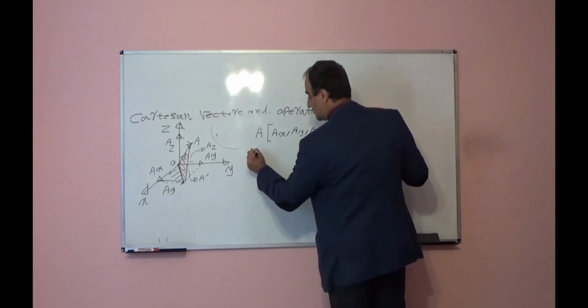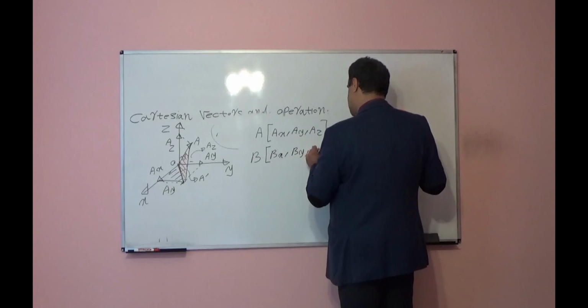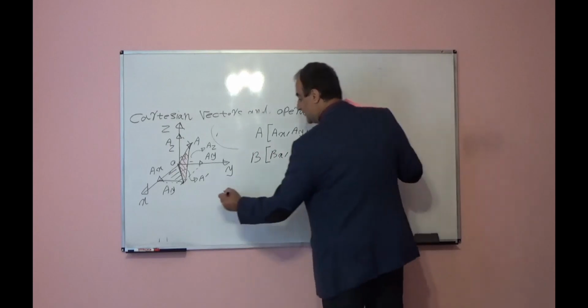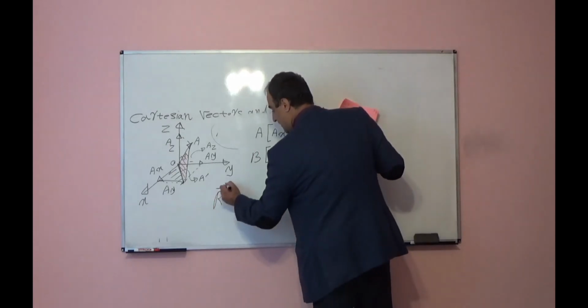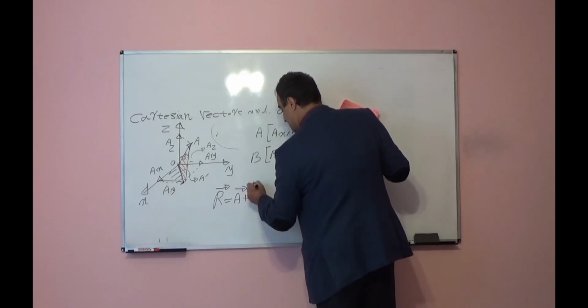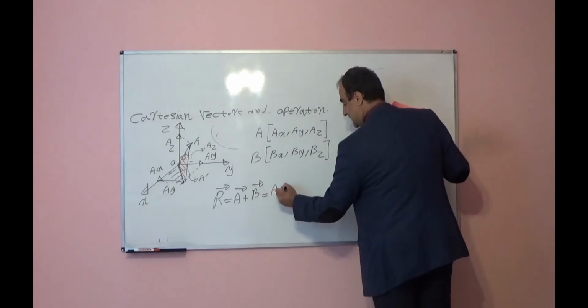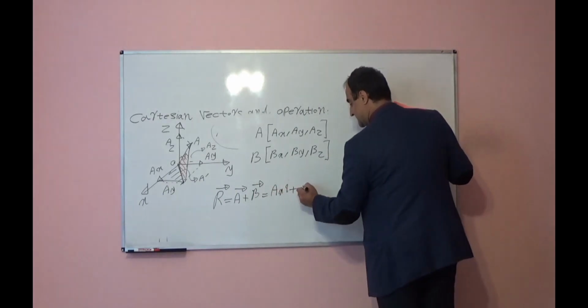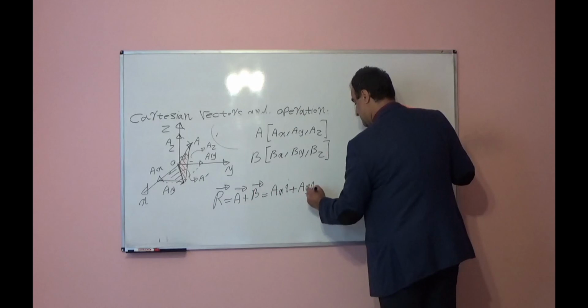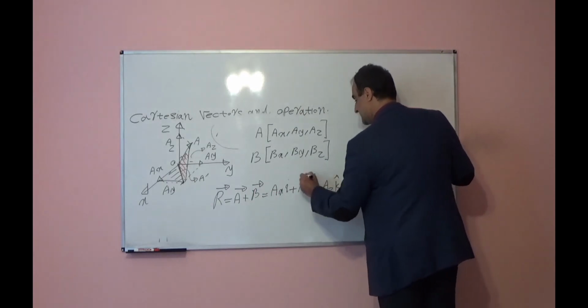You have vector B, and the components of vector B will be Bx, By, Bz. What will be the resultant vector R, which is vector A plus vector B? You can write Ax i plus Ay j plus Az k